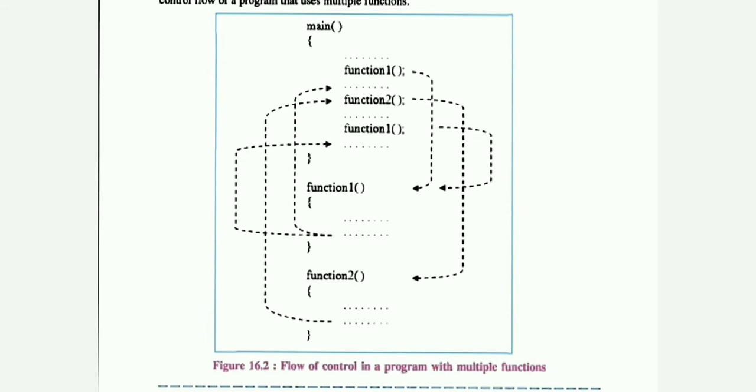Then after, when you call the function 2 from our main, then the program control will go to the function 2 body. Whatever the statements are written in the function 2 body will be executed, and then after that again the control will come back to the main, and then again we are calling the function 1. So the same procedure will happen there. So like this the concept of the function will work here.